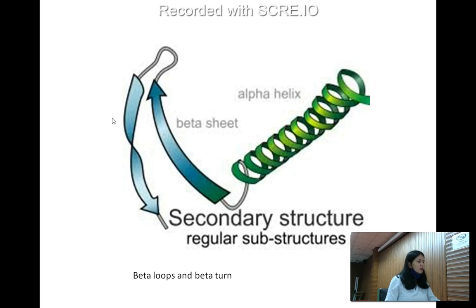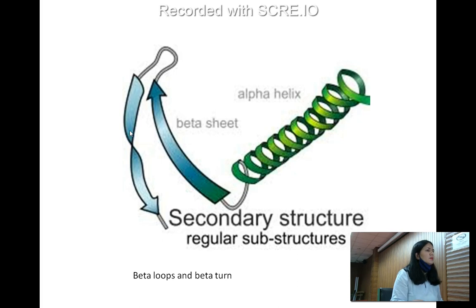Can you make out? Vaishnav, tell me. Vaishnav, what type of secondary structure is this one? Ma'am, I cannot see the screen. You cannot see the screen. No, ma'am. Any other students who cannot see the screen? Okay, Jessica, because I cannot remember everybody's name, no? So whomever I know by name, I'm calling them, okay? So Jessica, can you tell me what type of structure this is? Secondary structure. Jessica, Anup, tell me, which type of structure is this one?